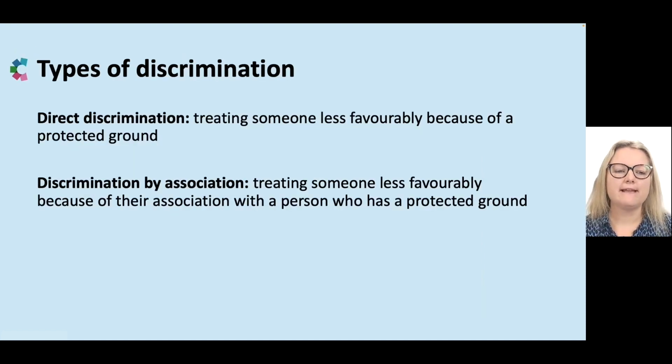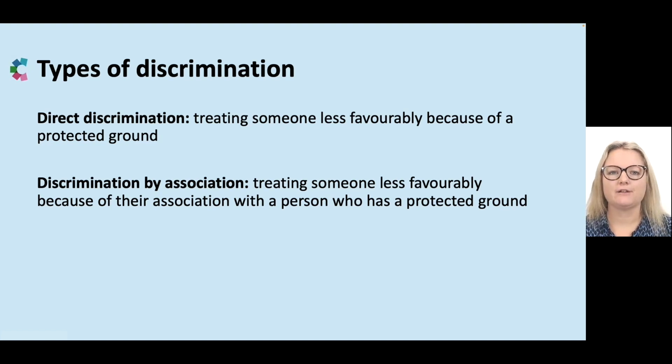Moving on to a recap of the different types of discrimination and other prohibited conduct under the new ordinance, starting with direct discrimination. So that is where someone is treated less favourably because of a protected ground. And an example here in the employment context would be refusing to work with someone because they are Muslim, or say refusing to promote someone because of their race.